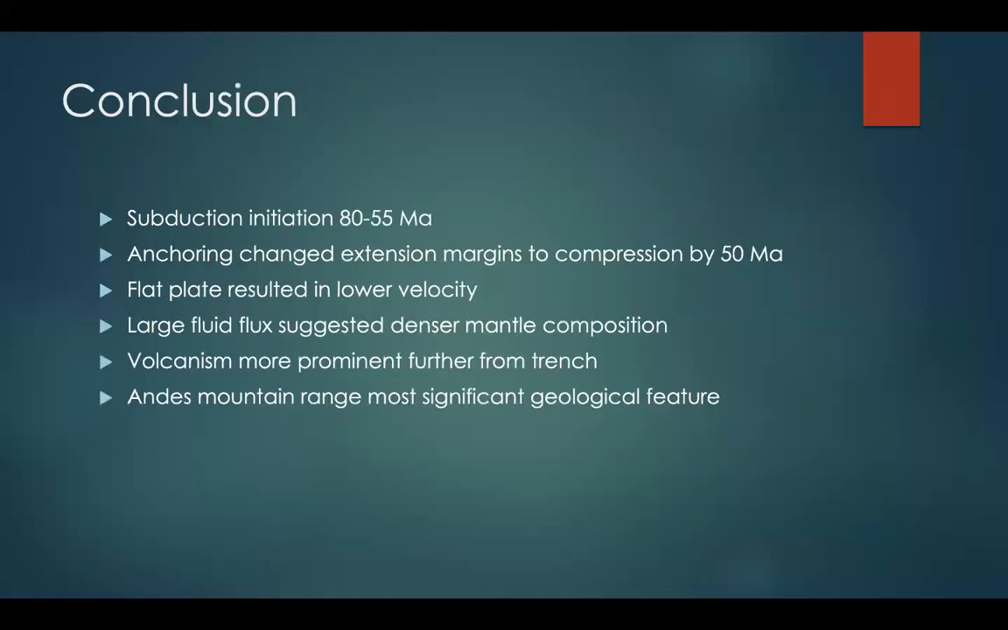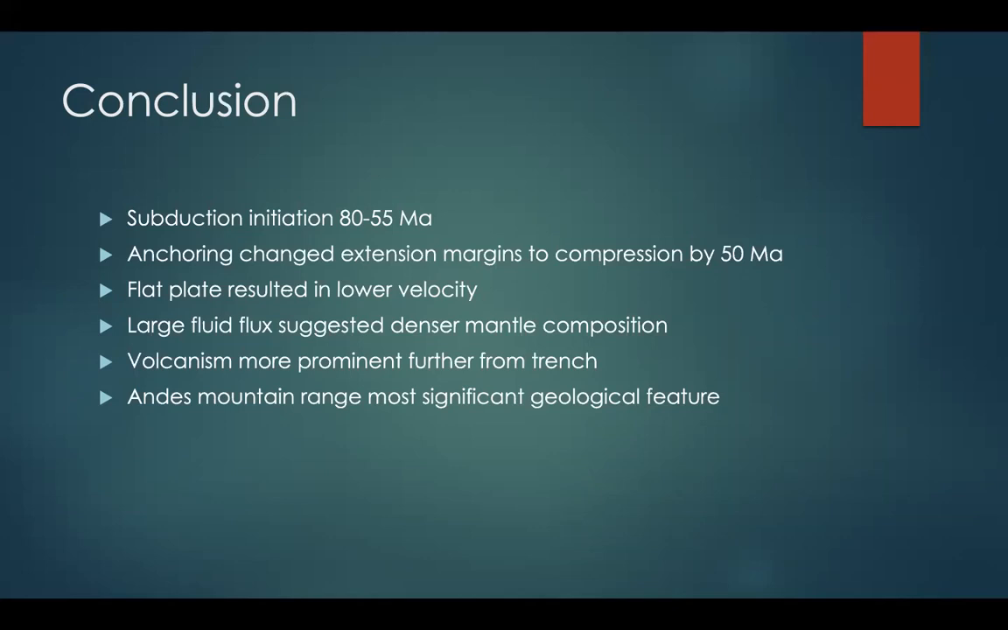In conclusion, it can be summed up that subduction was initiated between 80 and 55 million years ago, and by 50 million years, the slab had entered the lower mantle and anchored itself, resulting in crustal thickening. The subducting slab is very flat and has resulted in a zone of lower velocity. A large fluid influx from metamorphic reactions during slab melting would suggest the presence of a dense